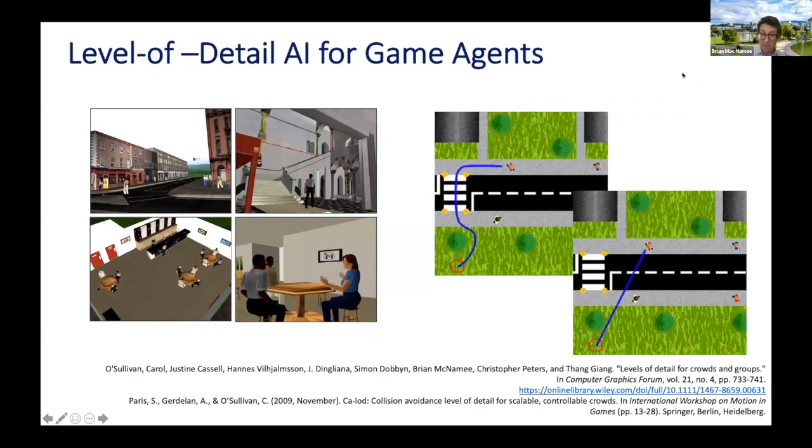But one idea that we can take across that's become very popular in game agent modeling, and we did some very early work on this, is around level of detail AI for intelligent game agents. So as game worlds start to scale, what people are looking to do is to enable themselves to have sophisticated agent behavior across these much bigger worlds. One of the challenges there is purely a computation challenge at some point: if we're going to have very large game worlds, having high level computation and sophisticated behavior for all of the agents within those game worlds becomes a real challenge. So level of detail approaches have become very common for that.